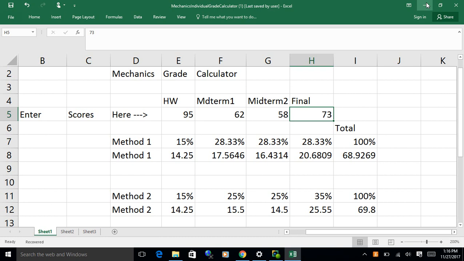The one after that was a section. You cut through that one panel of the truss, took a moment. The easiest way to do it was use the right-hand side of the truss. Take a moment about that point down at the bottom. G, is it? Yeah, take a moment about G. That was the quick way to do that. Then you could solve for FDF directly by cutting vertically through that one panel of the truss and taking a moment about G. The zero forces